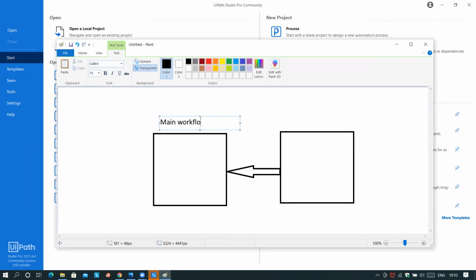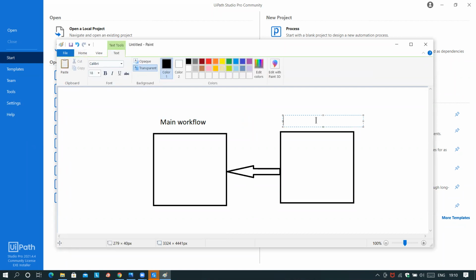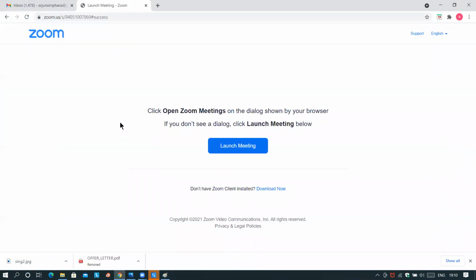Main workflow and sub workflow. Okay, right now I want to return the value from sub workflow to main workflow. See, observe this one. In last class,